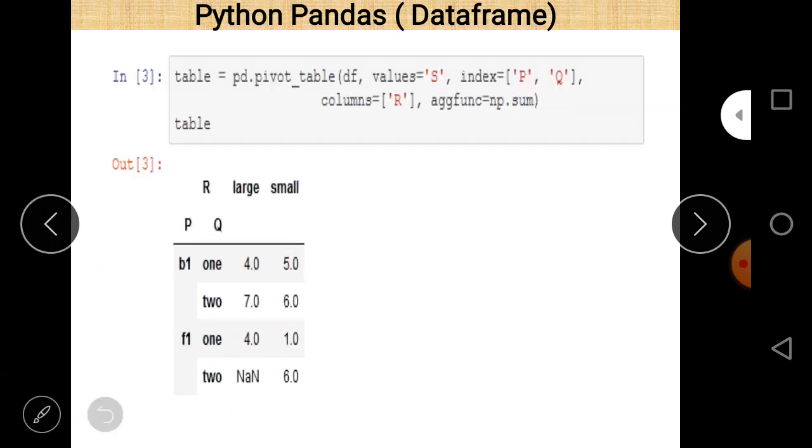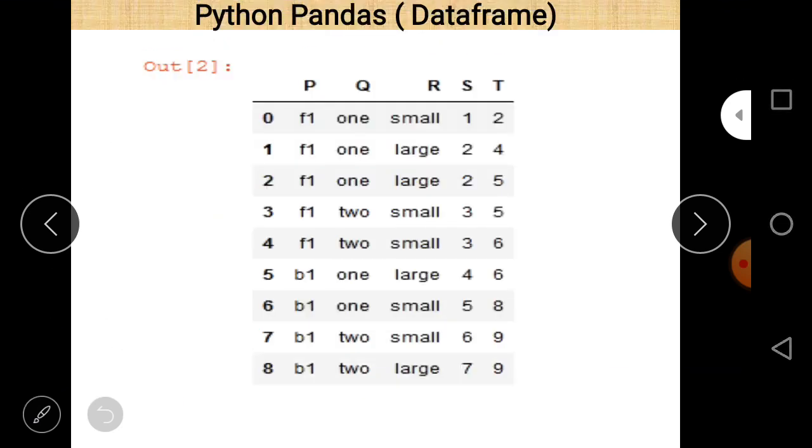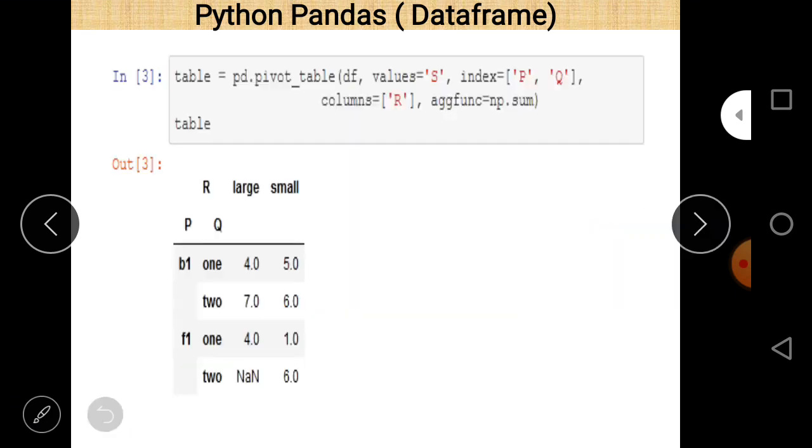In our original data frame, the column R has only 2 values, small and large, and these values play the role of columns here. Now I think it is very clear that df is a data frame.